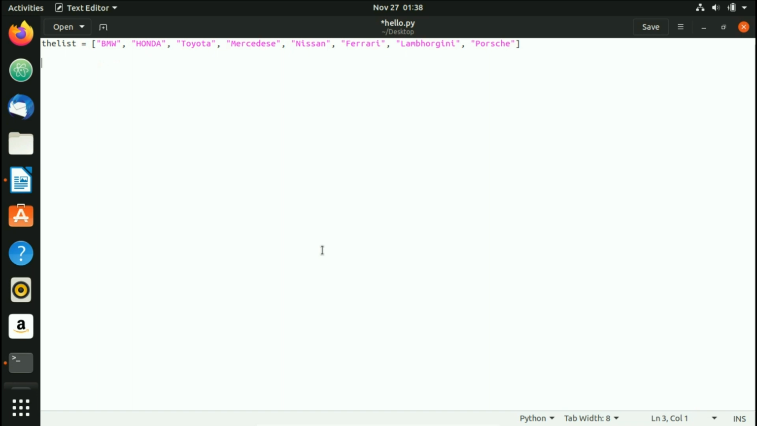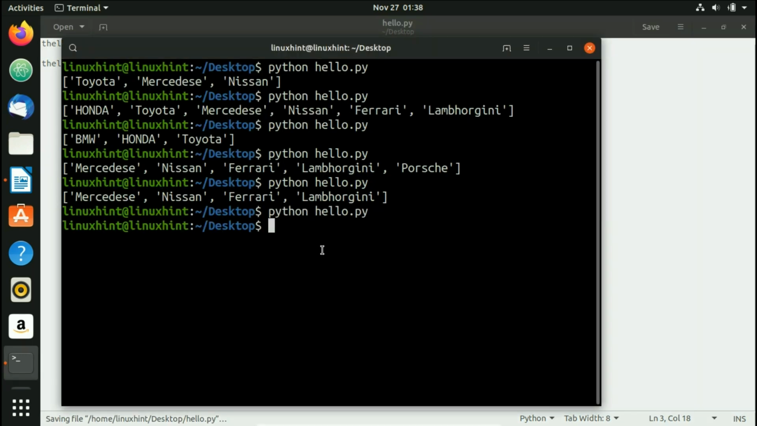So how do I do that? For example, if I write here the list, and then I specify the index, let's say 1, I want to change Honda. So I would just write here a new company name. Let's say I write here Ford. If I save it and come back here and run it,